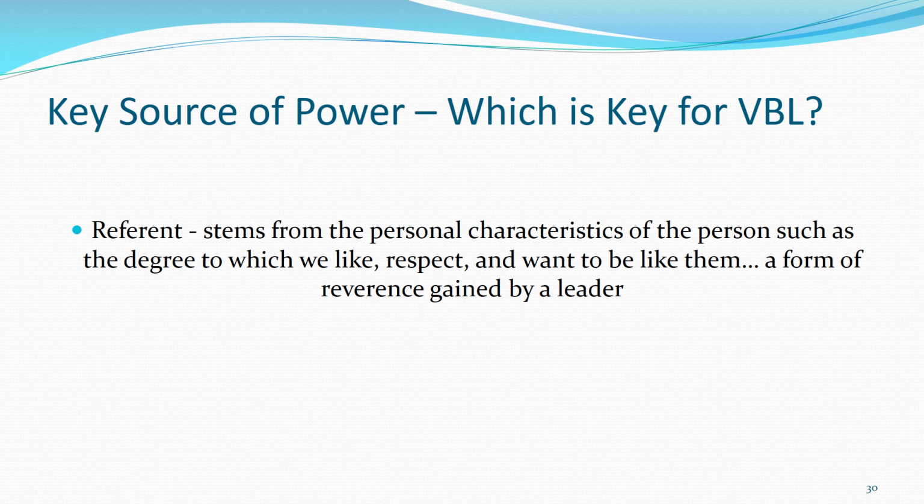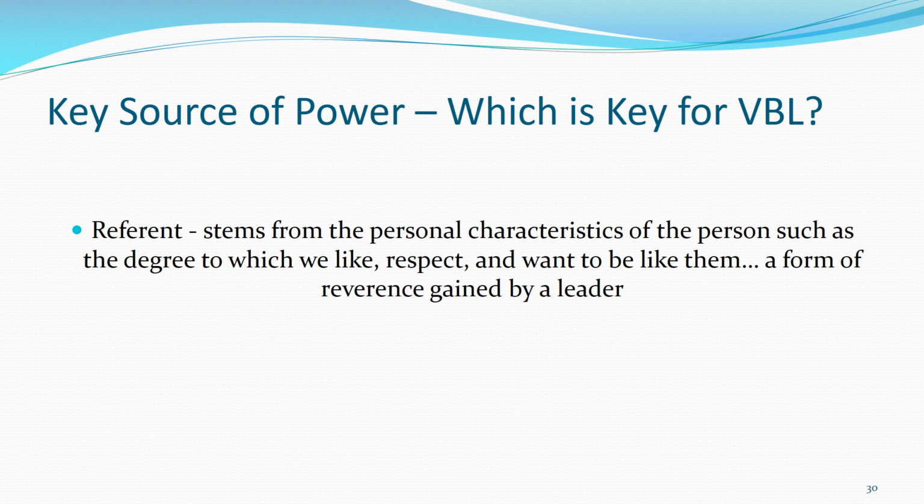In some cases, if we think of values-based leaders through history, we would see that in a lot of instances they had no legitimate power, no reward power, no coercive power. They were experts in their own right, but more than anything else, they were liked, respected, and admired. And for a leader to be effective long term, you cannot be dependent on direct control.